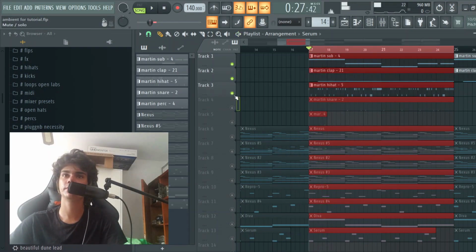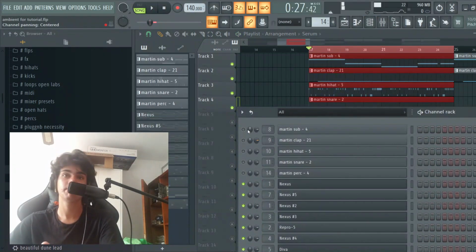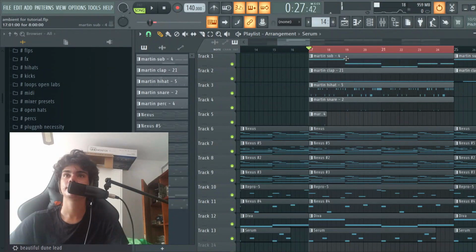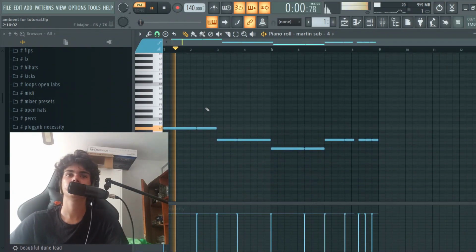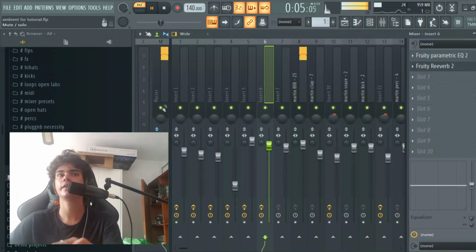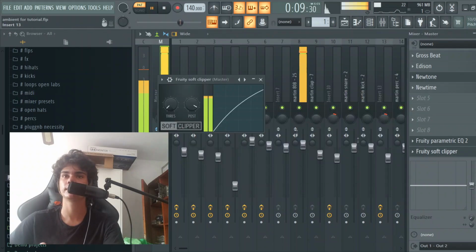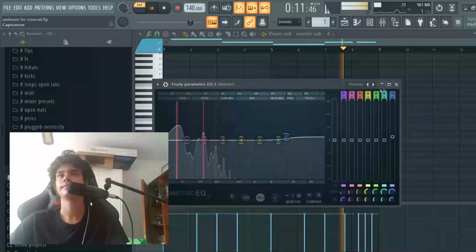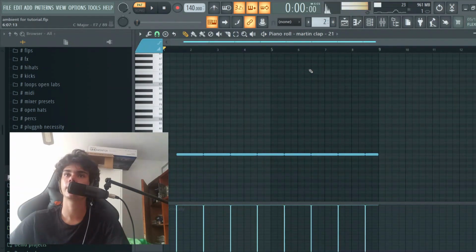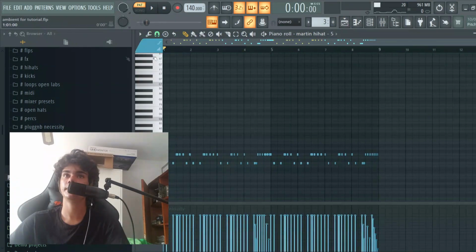This is a sub, and I don't know why they're not sounding. That's weird. Maybe I just have them turned off, you know. This is my sub. It sounds like this. Sub 4 for my drum kit, and on the master I just have a parametric EQ boosting the high end and the soft clipper. Regular clap, hi-hat,